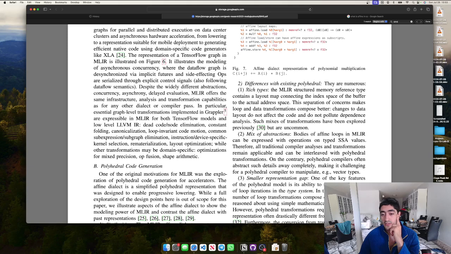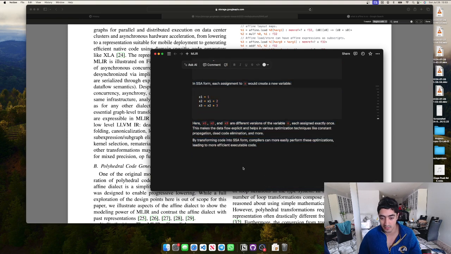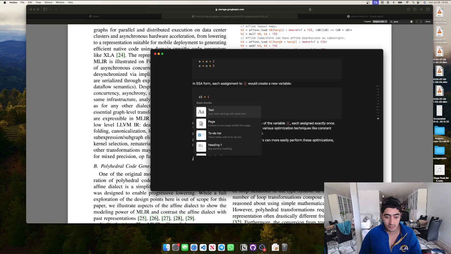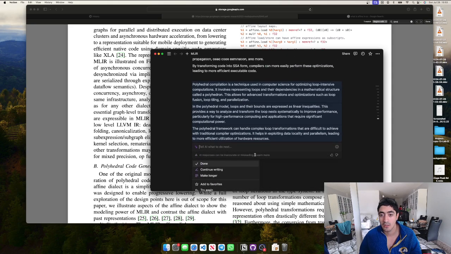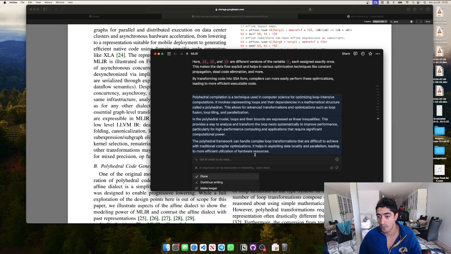There are numerous. Okay, so what are polyhedrals? Let's get that as well. It's a technique used in computer science for optimizing loop-intensive computations. It involves representing loops and their dependencies in a mathematical structure called a polyhedron. This allows for advanced transformations and